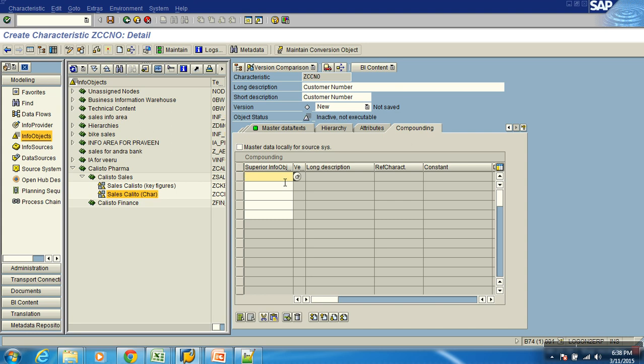Because even if I load M6 metals, since there are combination duplicates, it goes and overwrites. You are left with M1, M2, M3. That doesn't make sense, because the value of M1 is different. The value of M1 with plant P1 is different, and with plant P2 is different. Then what do you do? I need to model a master data where two columns are acting as primary key. That is where we use compounding attributes.